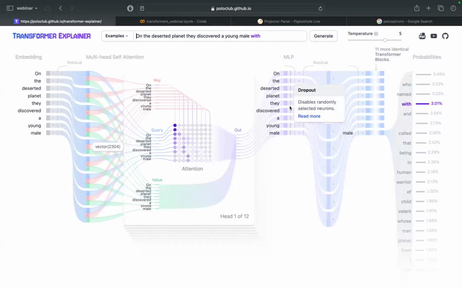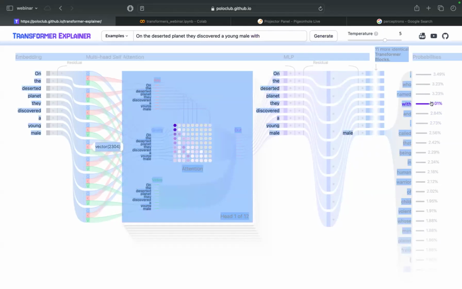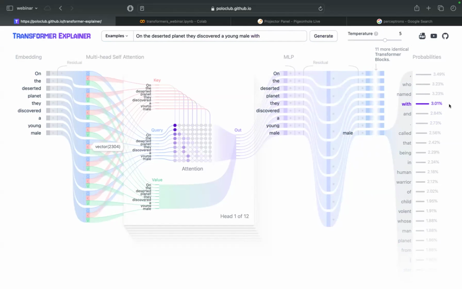Or earlier, like I said, when "it" comes, it doesn't know it is connected to the animal. Things like that would be difficult to understand with a simpler model. And this transformer model excels in doing that using self-attention and multi-head attention mechanisms. And you can see here the final output with the probability of 3% is with